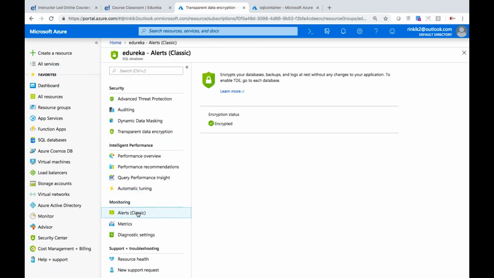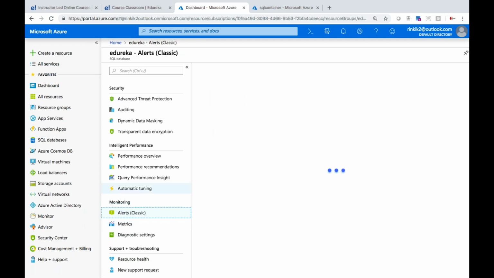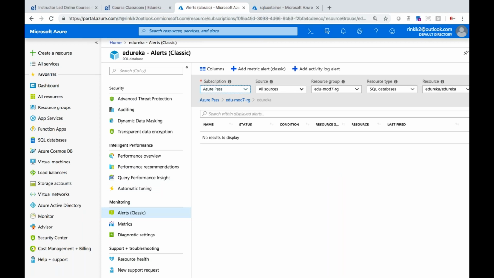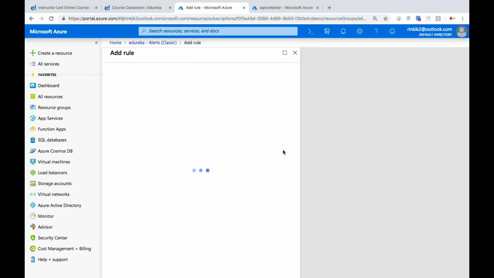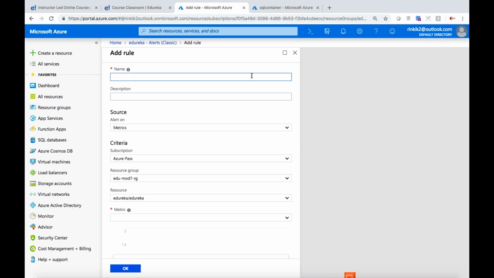And for monitoring, you have alerts, the same as what we did in security. You can go for alerts here. From this alert, you can add a metric alert. You can click on add metric alert and name the alert here. Let's say I will say alert one. This is a demo alert. Alert on